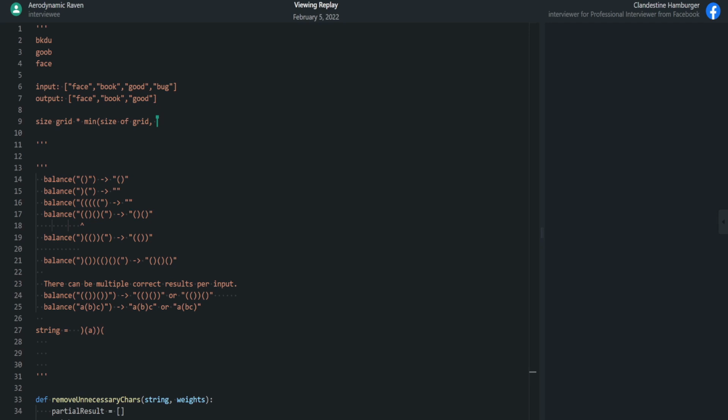So I think it's really just going to be size of grid times size of grid. So I think I know how to do it. I'm just thinking about what kind of optimizations I'd be looking to make here. So let's say